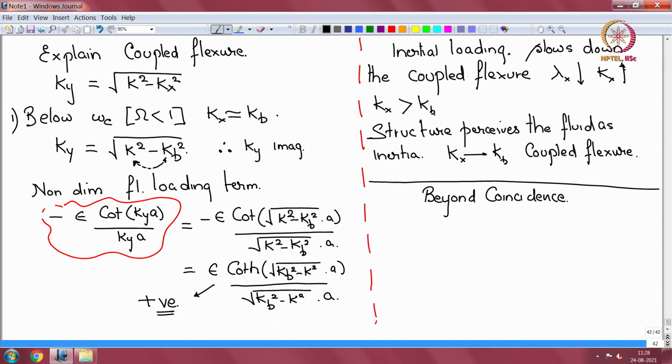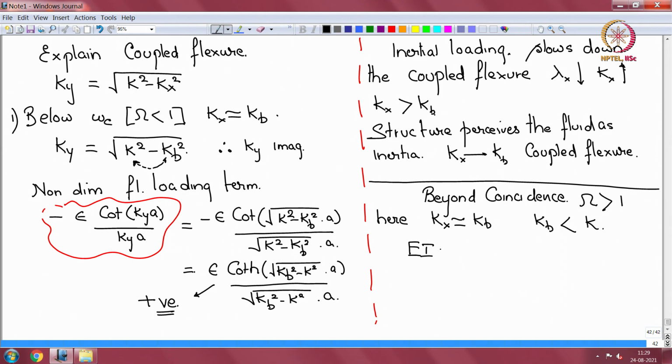That means omega greater than 1. Here again I am looking for kx close to kb, but kb is less than k. And therefore you can see in the original equation, which is